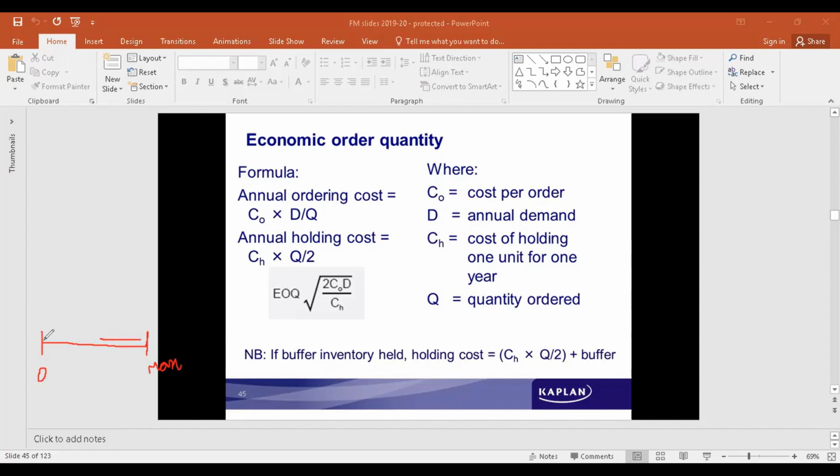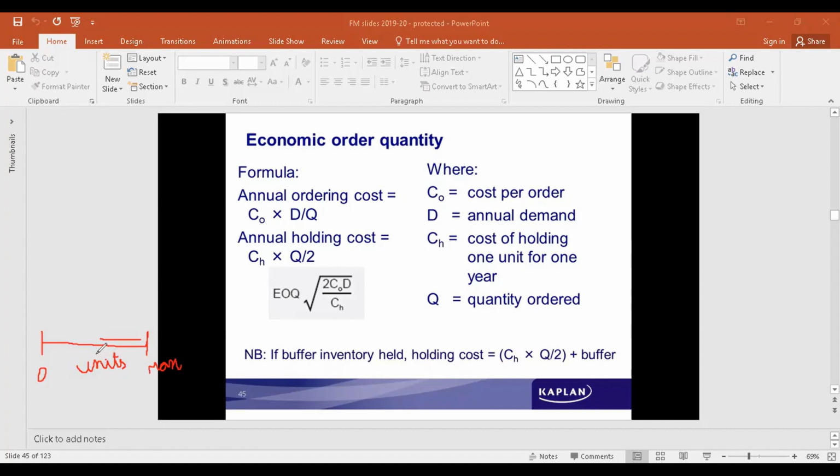They cannot afford to wait until the time this inventory level touches zero units. If it touches zero units, production will be stopped, which would prove to be quite expensive. When the activity is not going on, there are so many overheads like rents and salaries that have to be paid with no activity going on. It proves to be very costly for them. For that reason, they do not wait until it touches zero, but before that itself they place an order,